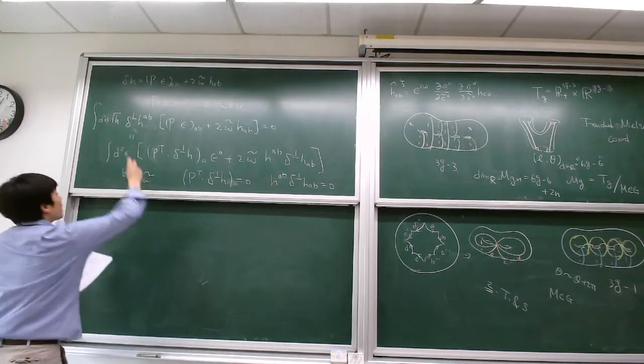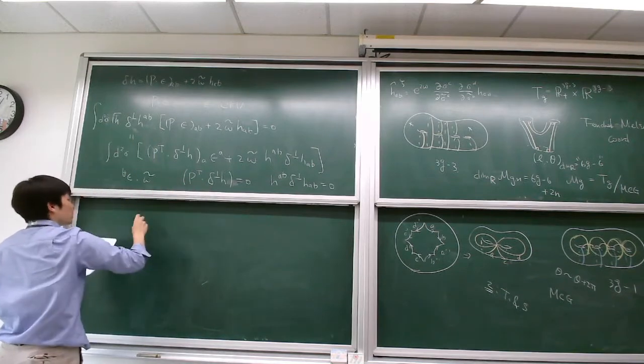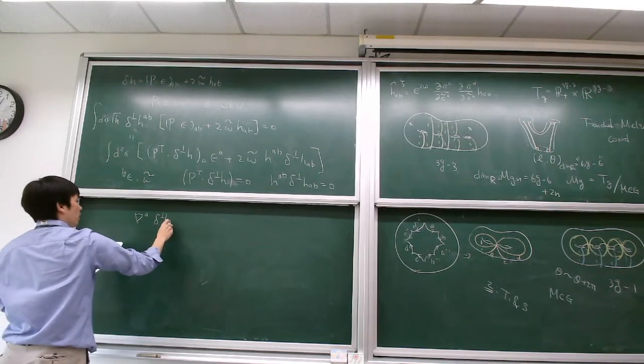Since we just plug the expressions of P into here, what you end up with is nabla_A delta T h_AB